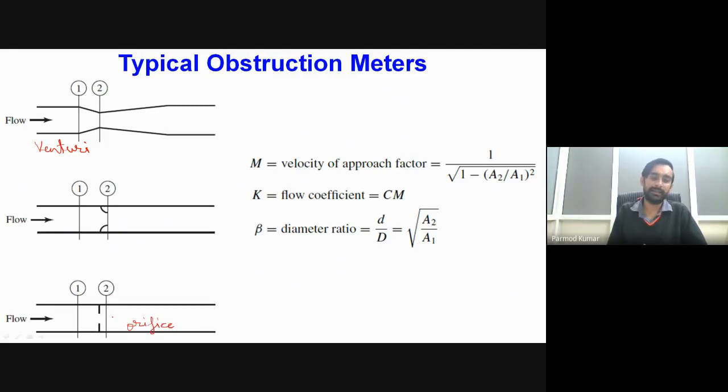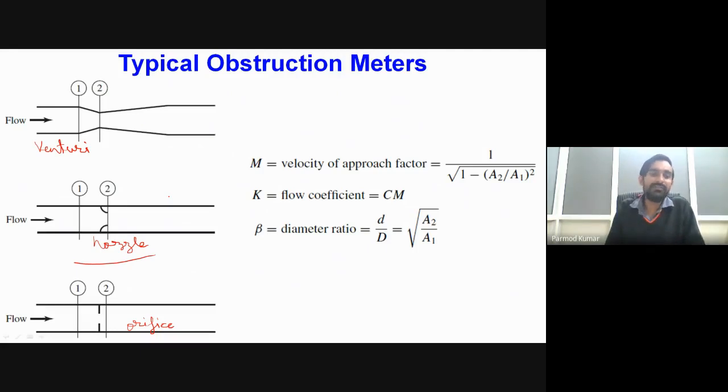Okay, and the only advantage of the orifice meter is that this type of measurement method is less costly in comparison to the other designs of flow obstruction. Then we have something in between the venturi and the orifice meter, and that particular type of flow obstruction design is known as nozzle based. So, flow nozzle based obstruction.